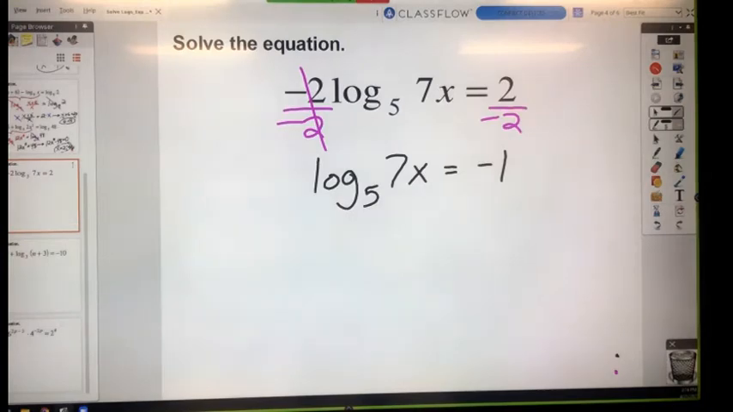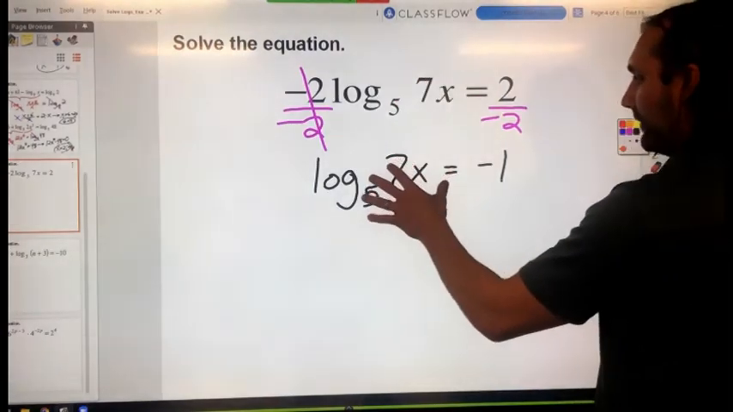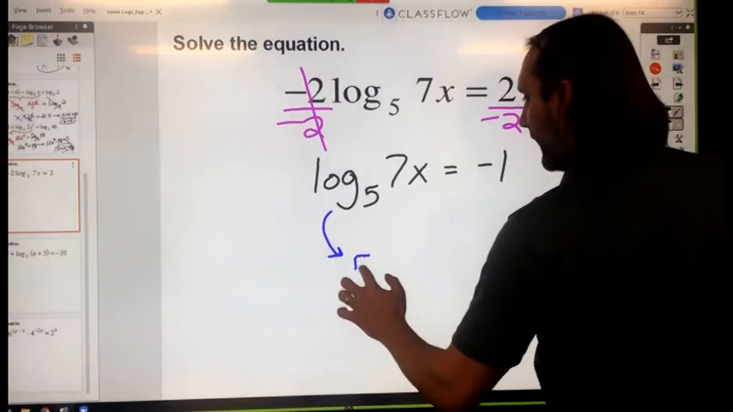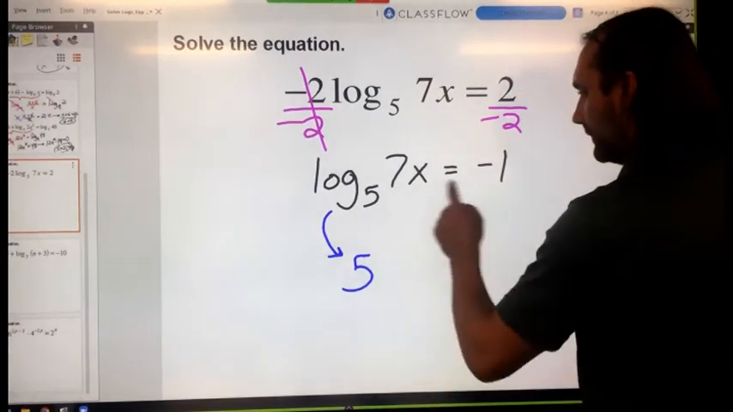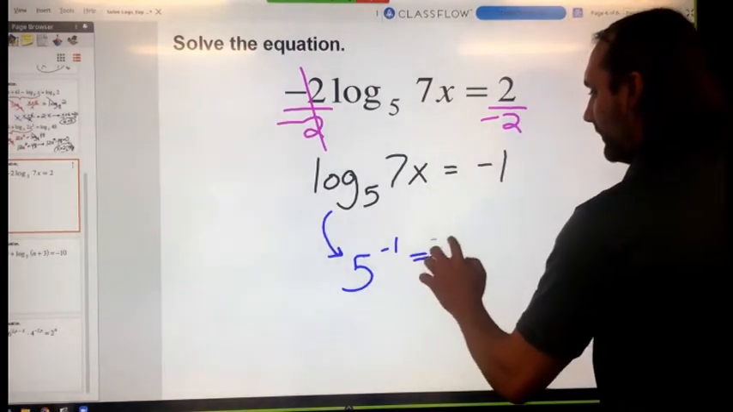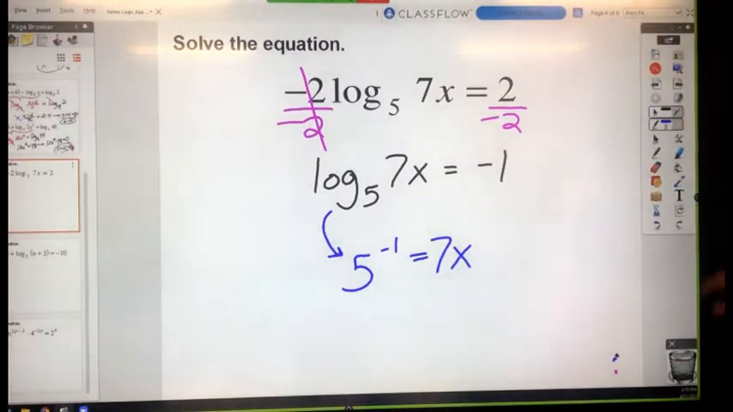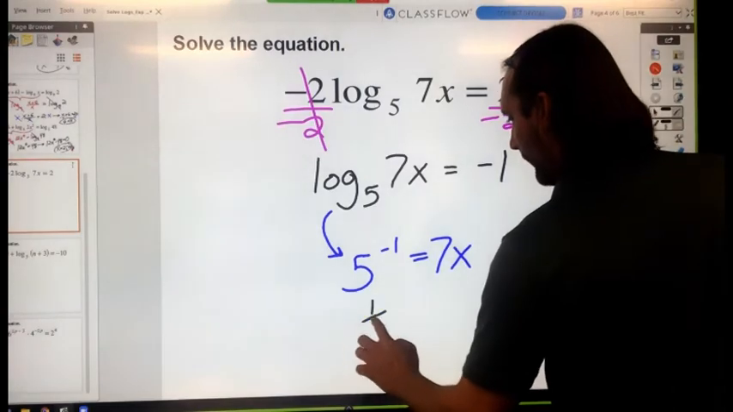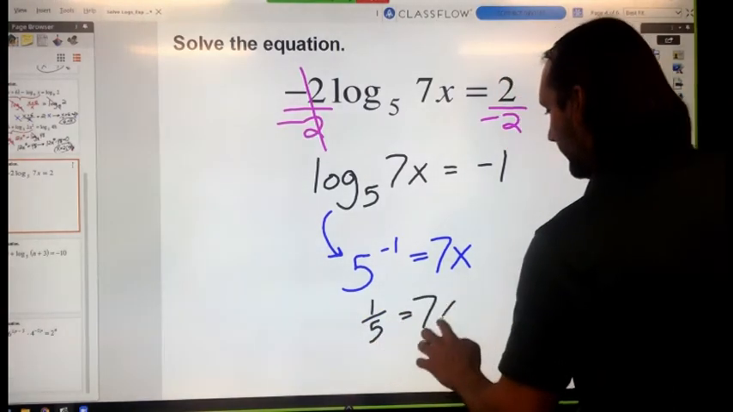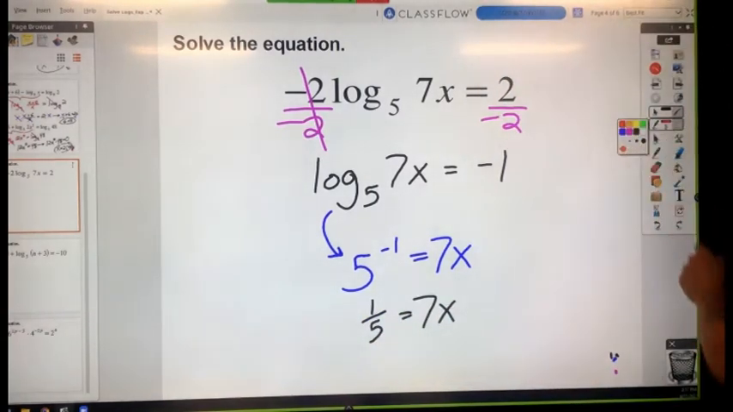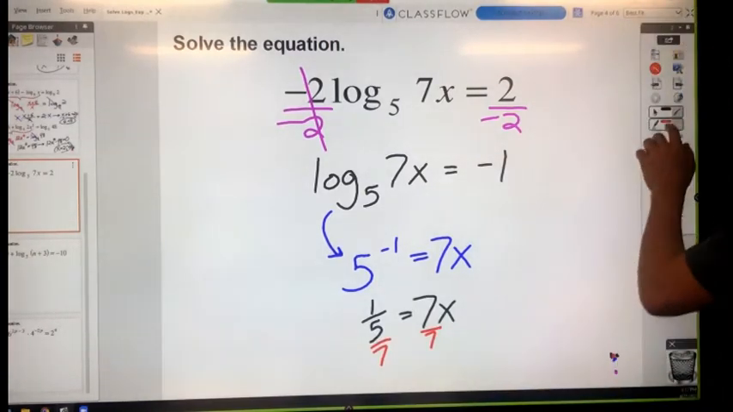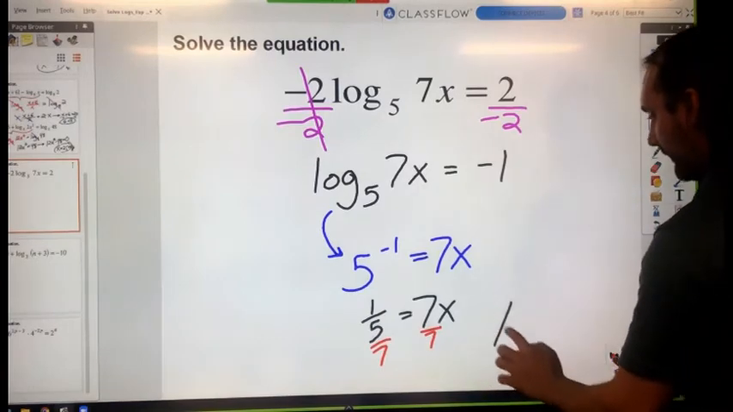Converted. Very good. Hopefully, by the end of this week, it should become second nature. Once you see this and you know you have to solve, what you want to do next is to convert it. So it's 5 to the power of negative 1 equals 7x. This becomes 1/5 equals 7x. And then last but not least, divide by 7. That gives me a value of x equals